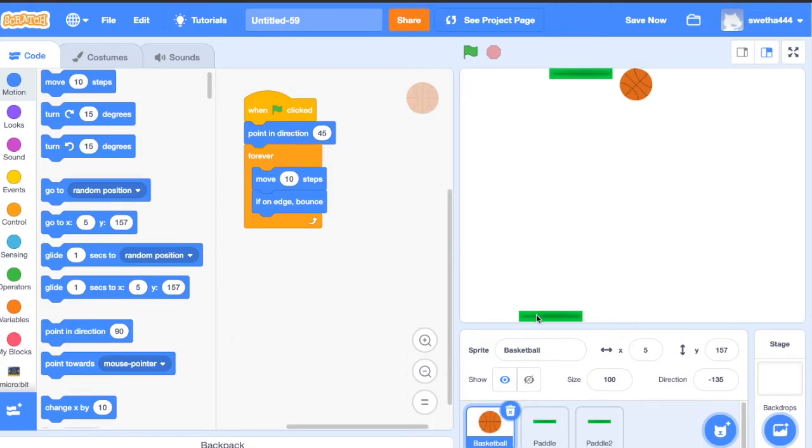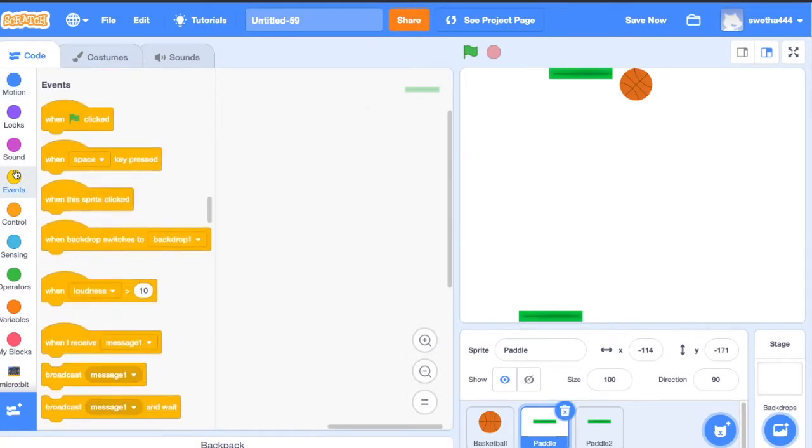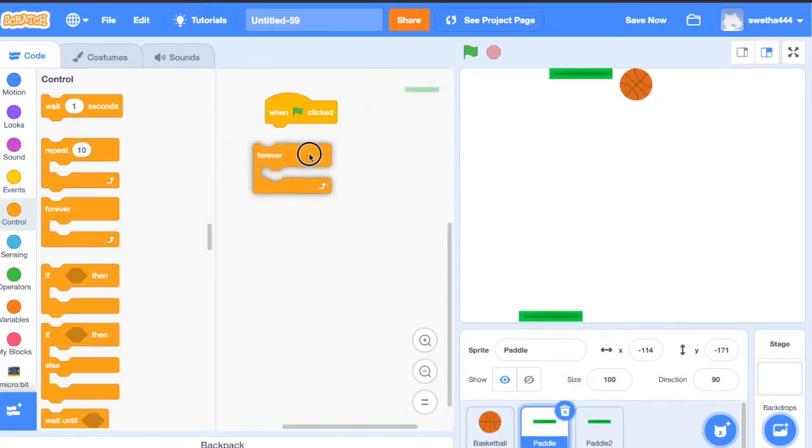Now let's start coding for paddle. This paddle 1 is controlled by mouse. So events when green flag clicks, it has to move. Click on controls. Forever it has to move towards its left when we move the mouse left, and right when we move the mouse right.